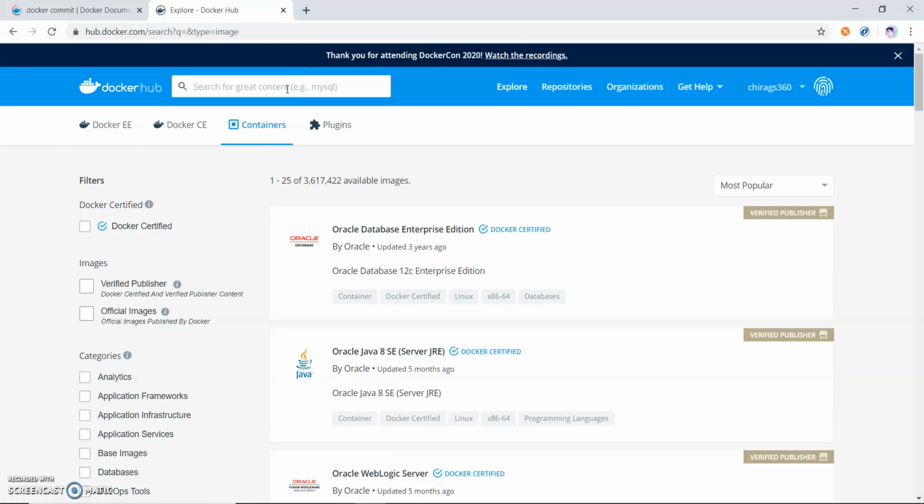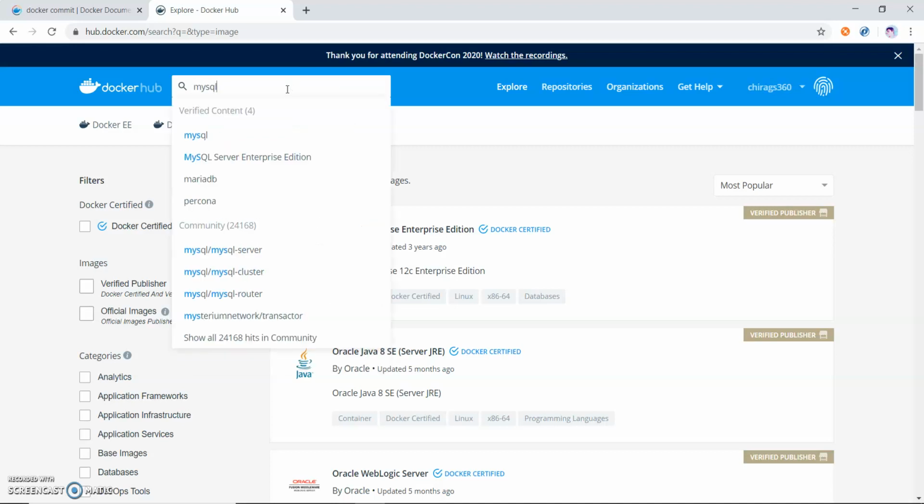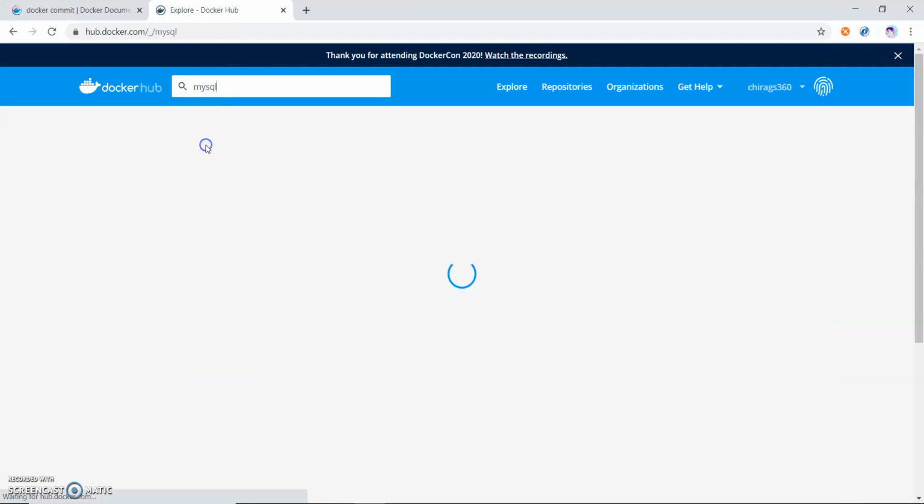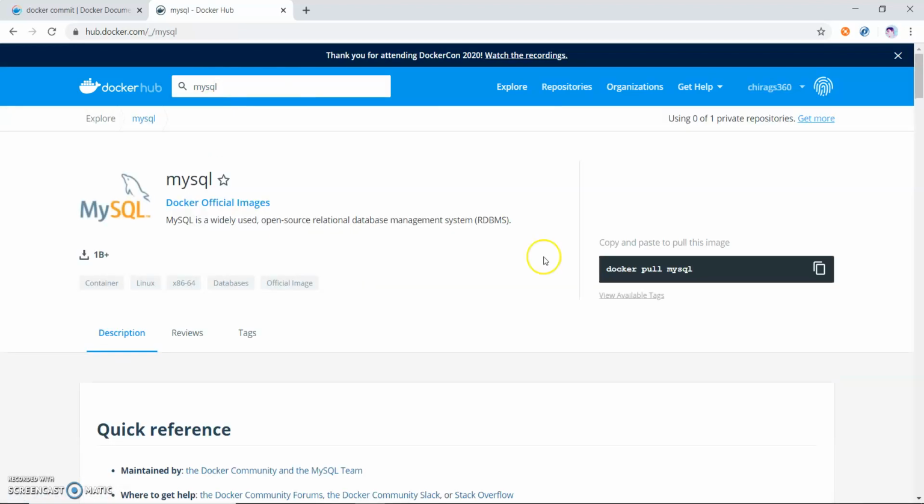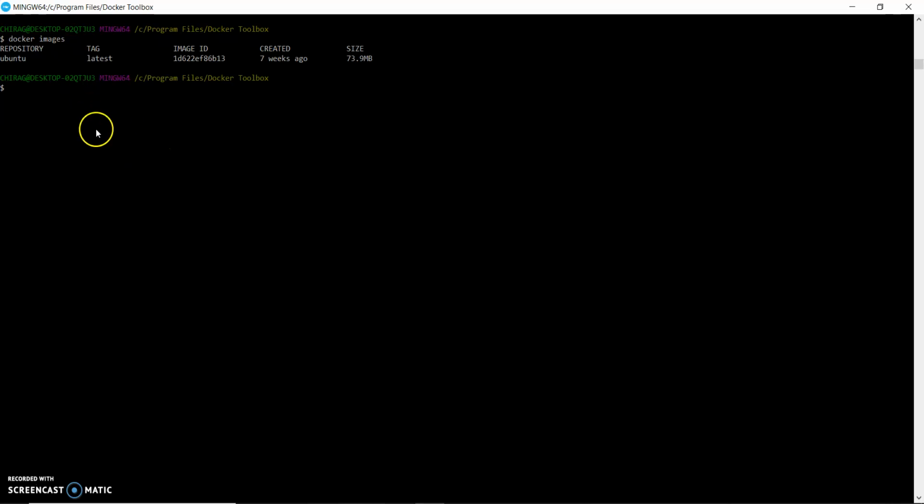Suppose I need to install a MySQL image. What I do is just use docker pull mysql and press enter. At that time you will get the image. Let me first remove this image which is already present, then I will pull and we will see how it works.